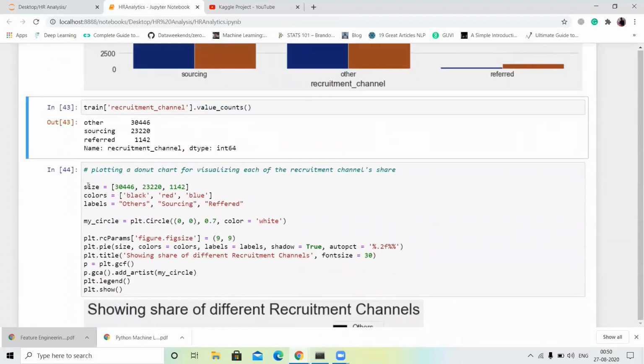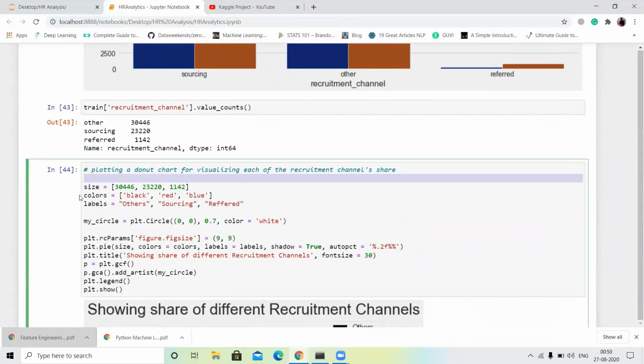So first of all I define the size, then the color, and then the label of our data set and the column, the recruitment channel column. Then I call my circle equal to plt.Circle (0, 0), 0.7, and color equal to white.